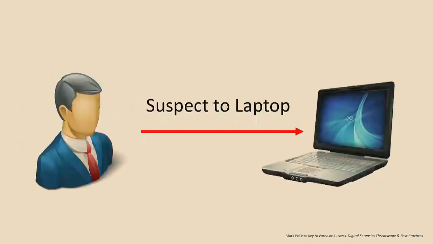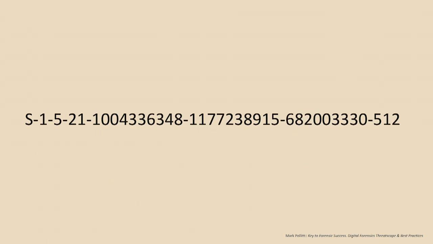We can tie a person to a device, such as a laptop. All right, how would we do that? Well, you may know what that is. SID. Very good, SID. So, for example, in the context of a file, Windows will actually track a lot of that activity and track it back to a SID, to a specific user account on the system.